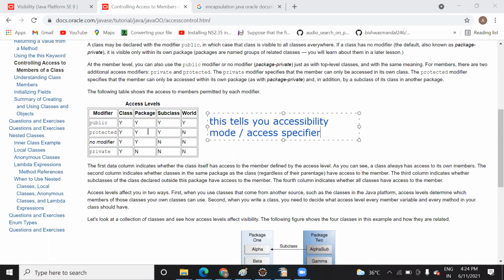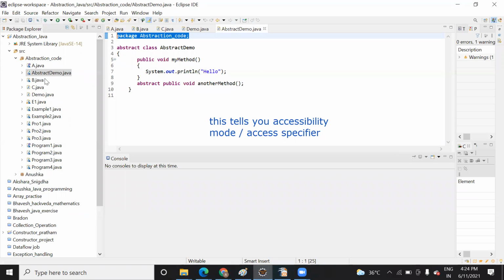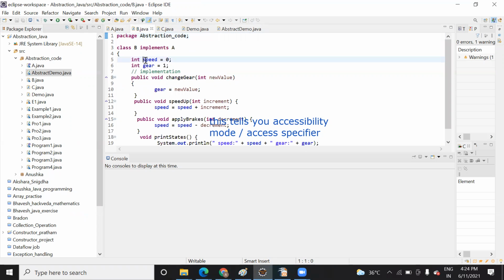Inside the package means what? Suppose you declare a variable speed. When you declare it, it is accessible in the class and all the files of this same package, but not in the subclass.